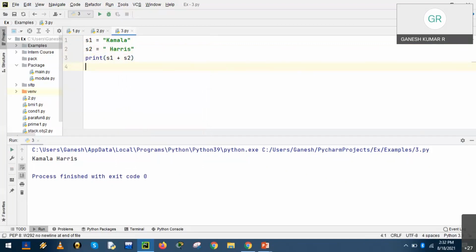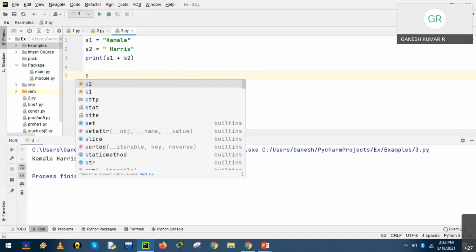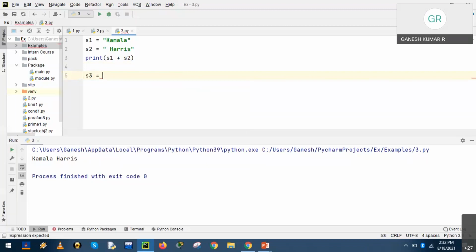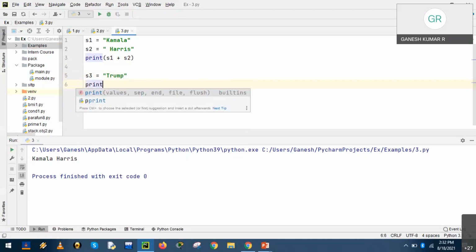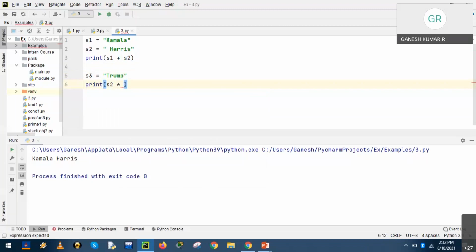Next is string repetition. A string can be repeated or repeatedly concatenated with the help of the asterisk operator. Let us take another string. S3 is equal to Trump. Print S3 into 3.